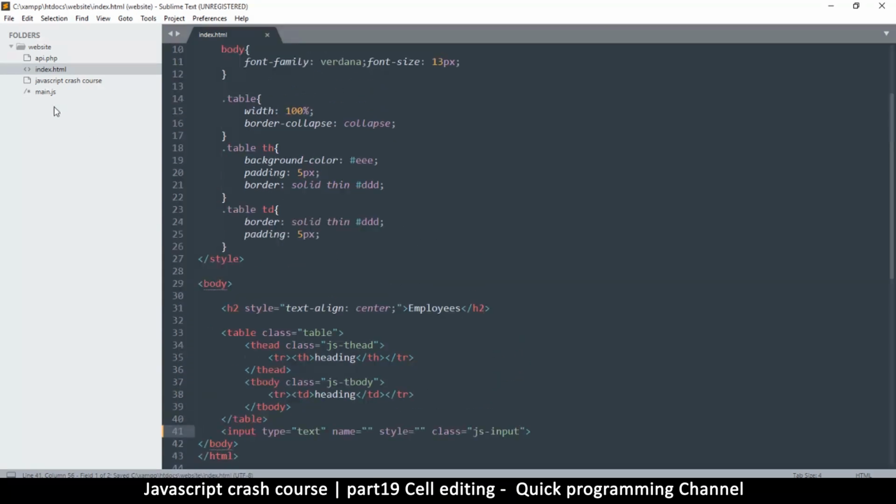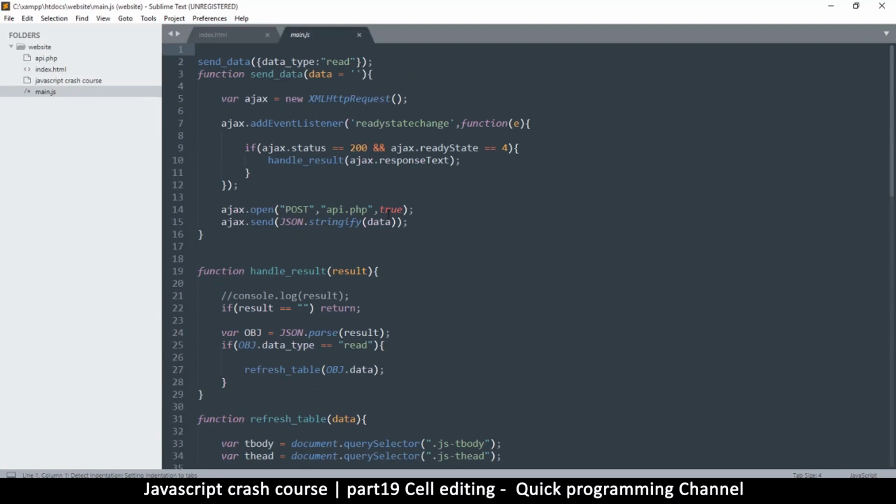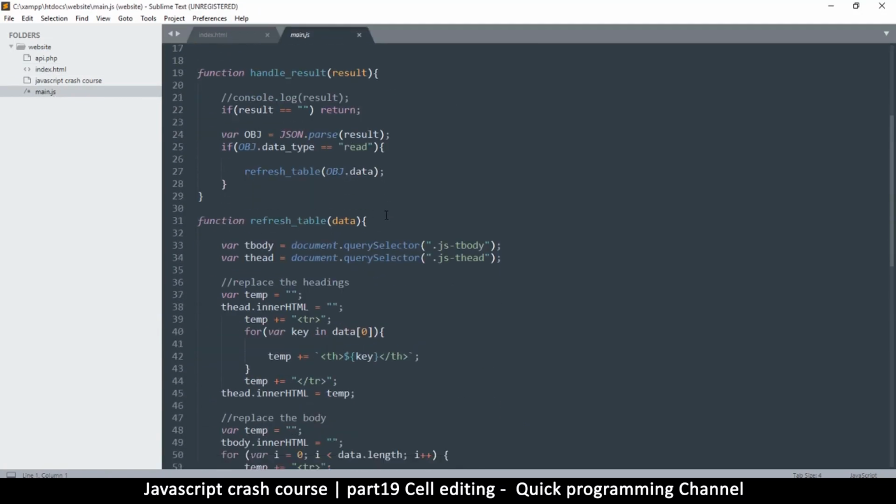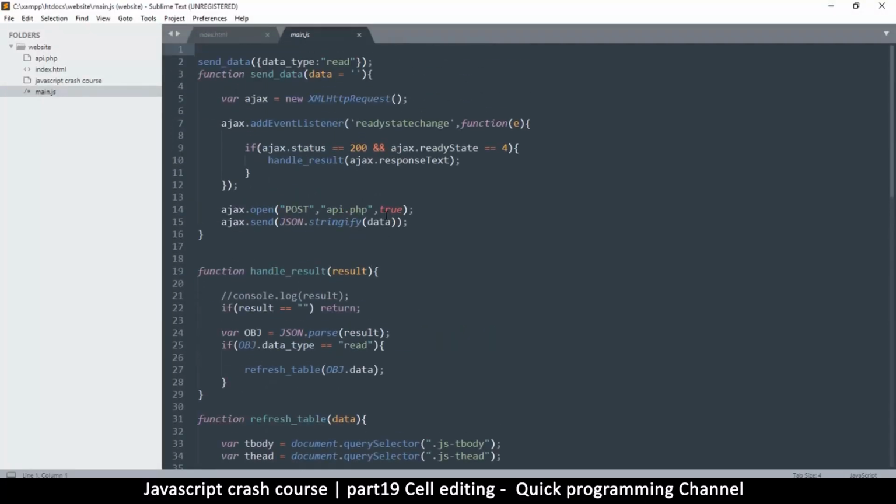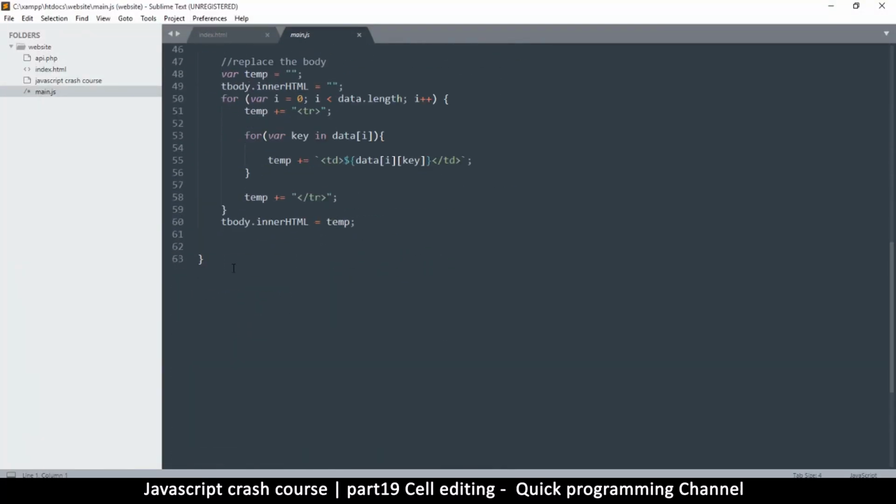Okay, so if I now go to my main.js, this is where I can create a function that can do something like that. So let me come down here and create a function, and I'm going to say function edit like that. That's all I'm going to call it, and I'm going to capture e, which will come with the event. So let's do that. Now I will say e.target, which is the item that was double clicked, dot